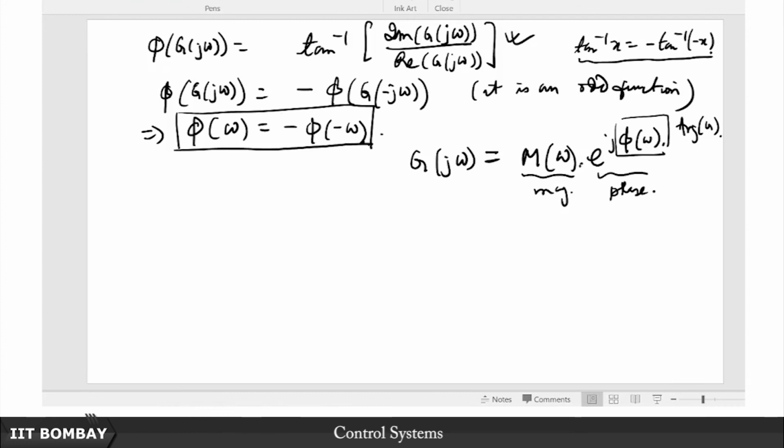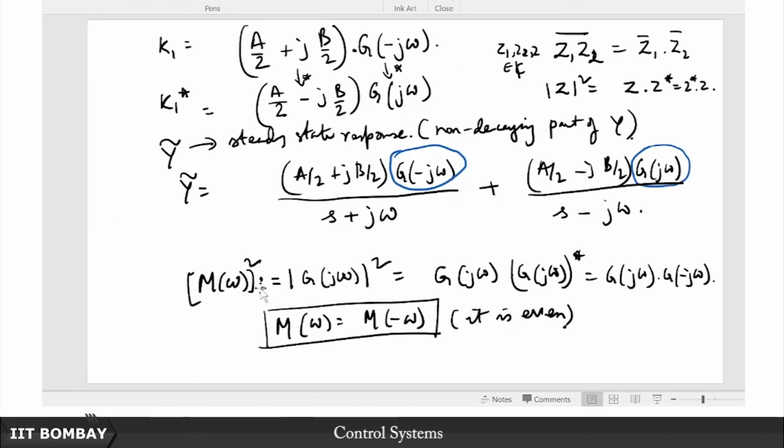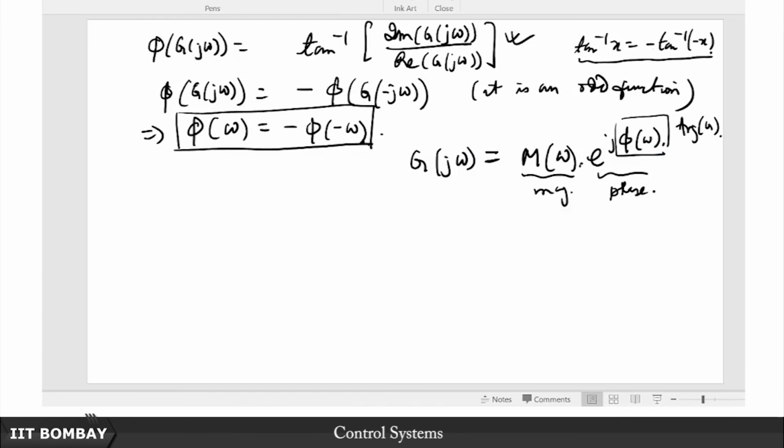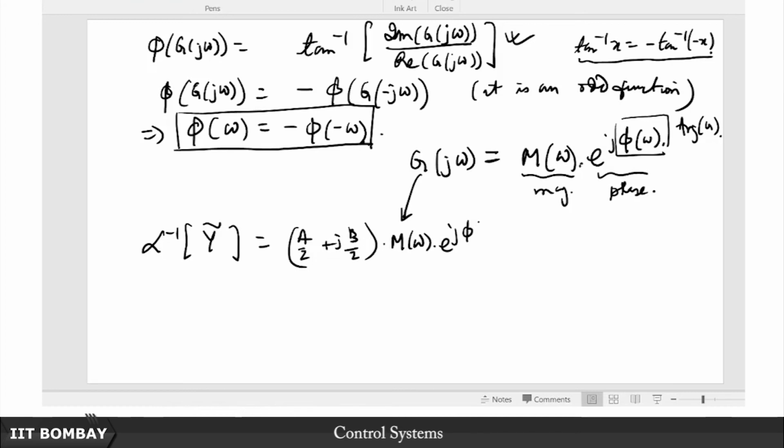The reason being that we are now going to cast our attention back to this y tilde, which is the steady state part of y, and we are going to take the Laplace inverse of y tilde, and that is going to lead to a by 2 plus jb by 2, and now I am going to replace this g of j omega with this. I am going to substitute this here. So what I am going to then write is this m omega times e to the j phi omega,